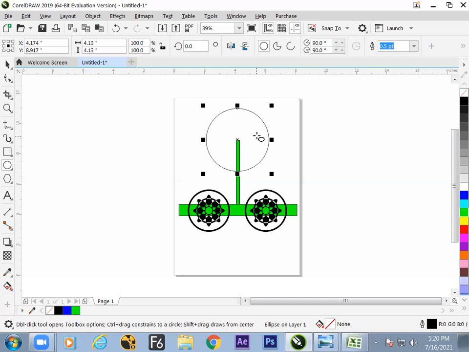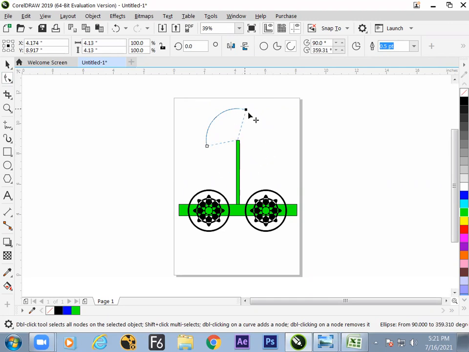Now we can make it a semicircle. We know how to make a semicircle, right? Which tool? Shape tool. You can drag it like this. Is it okay? This is manually forming the things. Drag till this and drag it out. I hope we have now understood how to make the semicircle on the top side.